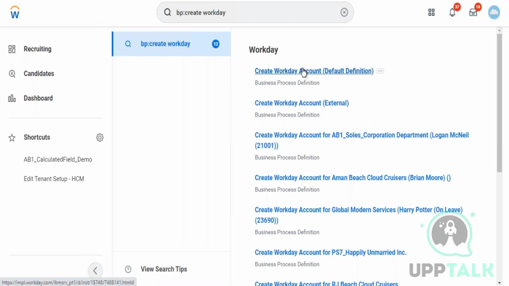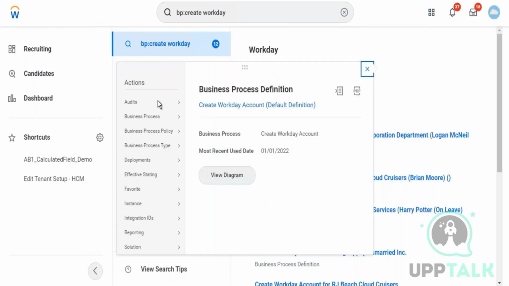Create Workday account. So this is one business process. This is just an example I'm giving, which can relate to learning business process. Creating a Workday account: who has to create it? You'll be defining those permissions here. If you go to BP security policy,